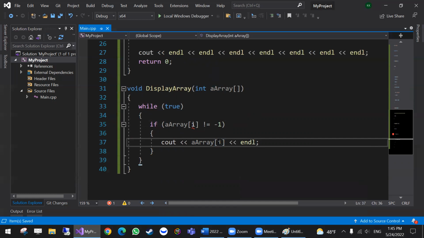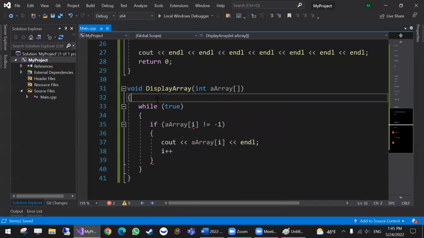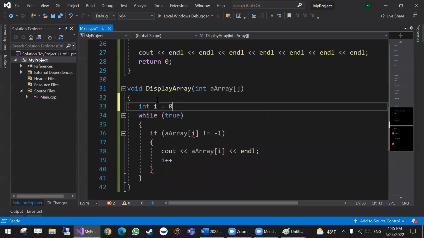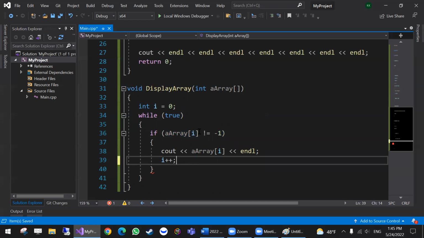And then I plus plus. Once you use it, do it. So here, int i equals 0. I'm going to start from 0, and as long as the value that I'm on is not -1, display it and keep going. So if I run now,